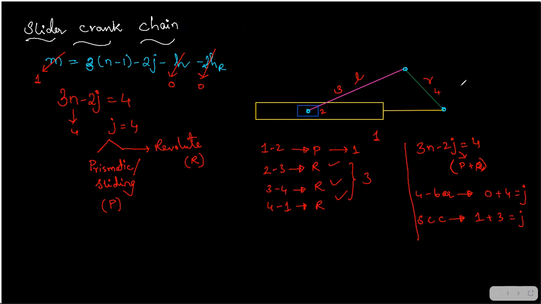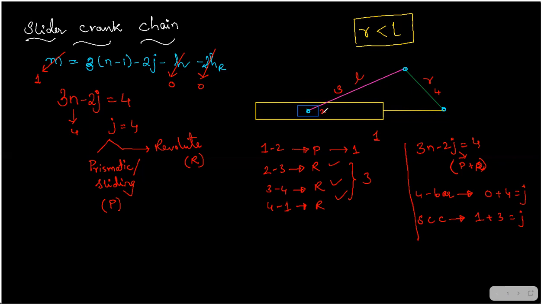So here we have a condition that R should be less than L. This is the condition which you should all remember. It means the length of the crank should be less than the length of the connecting rod. That is the only condition for now which we need, so that this entire link rotates for 360 degrees. The link number 4, if it needs to rotate for 360 degrees, R should be the smallest link. That is the only condition.